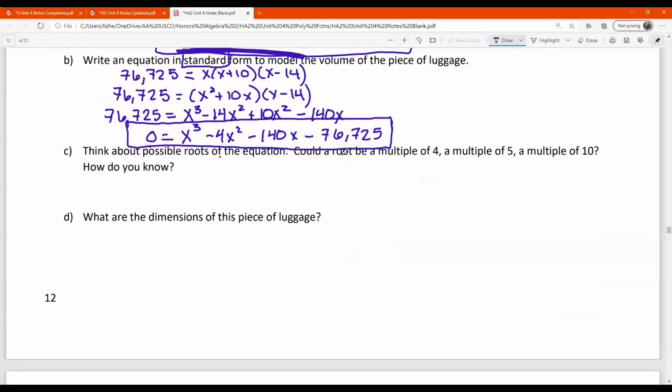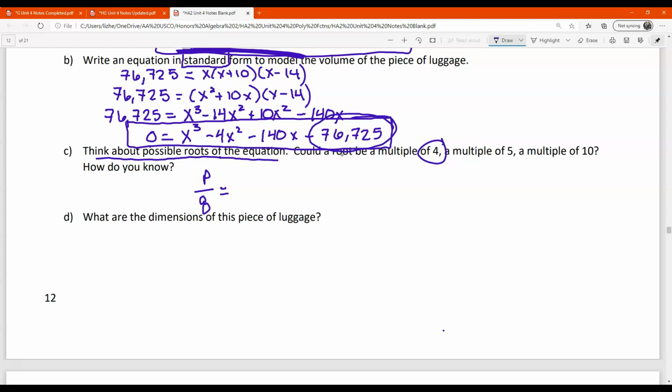Okay, C. Think about possible roots of the equation. Could a root be a multiple of 4? So what am I referring to when I say think about possible roots of the equation? Well, we are talking about P over Q here. What are all the possible P's? It's all the factors of